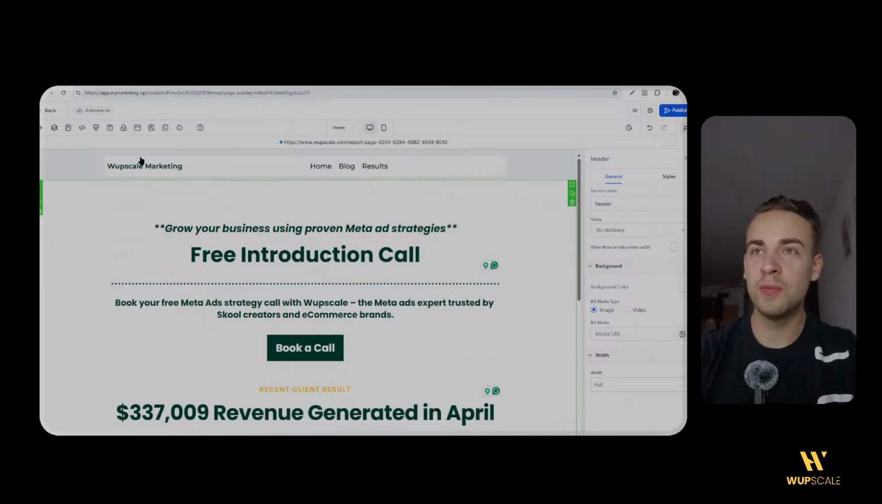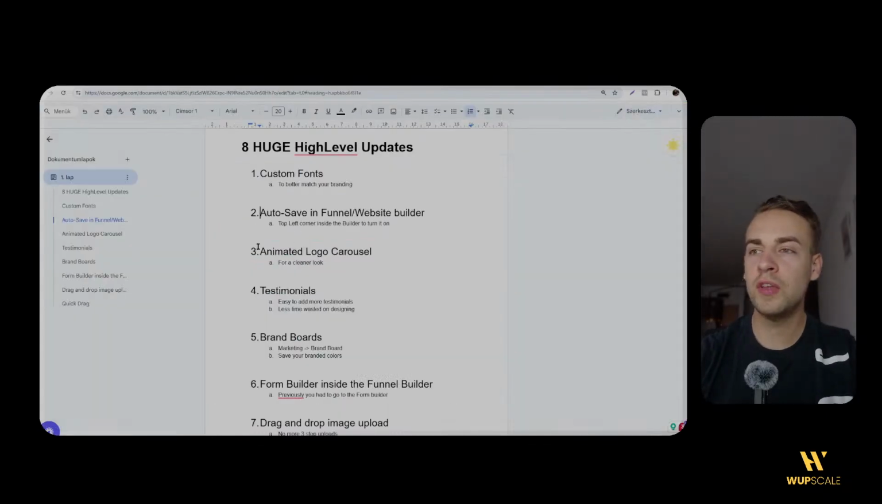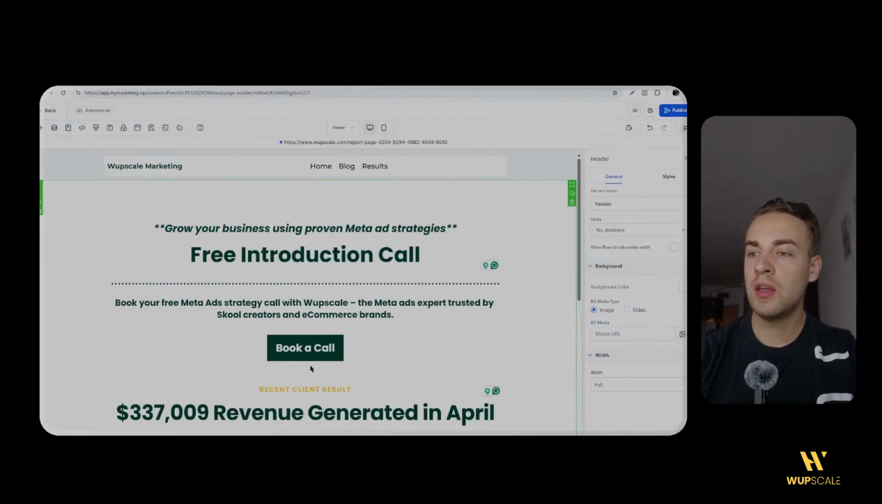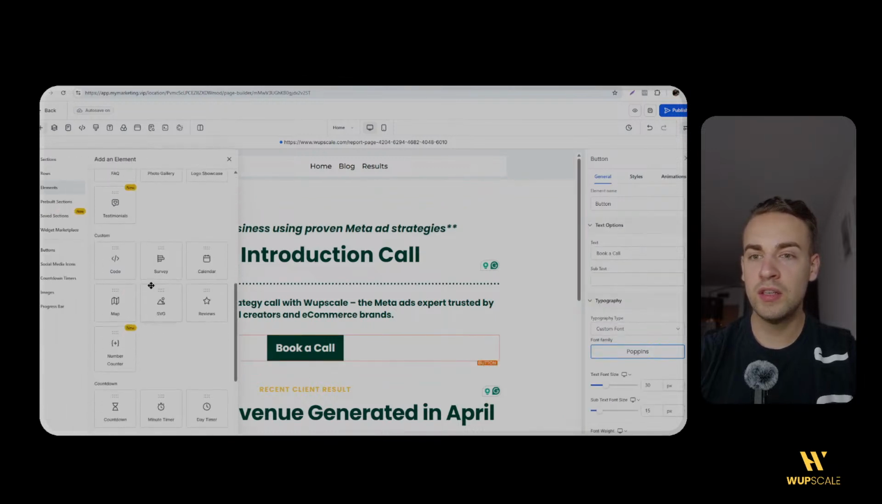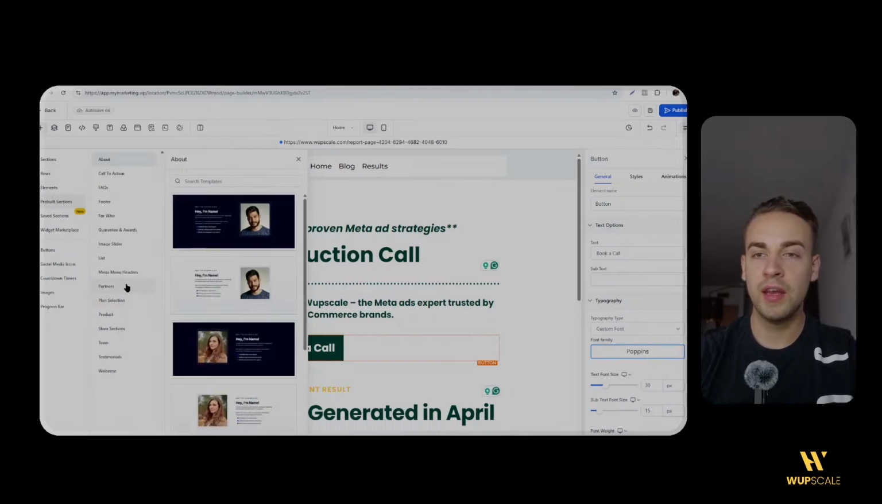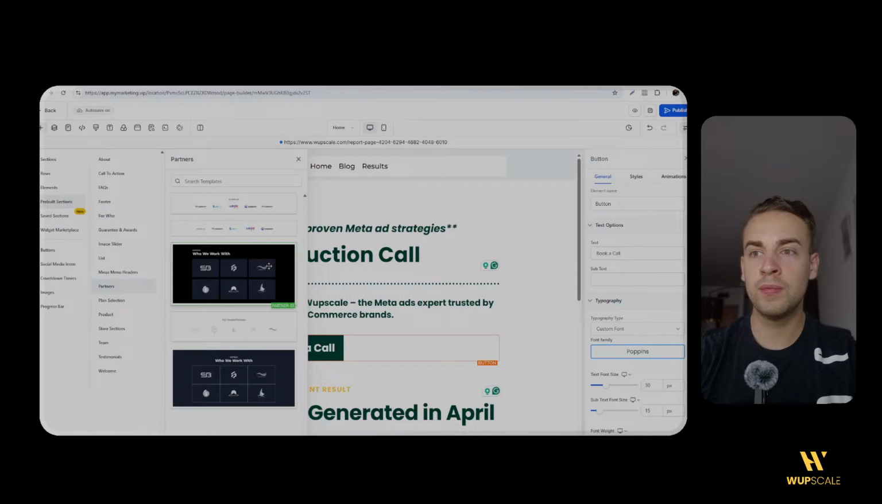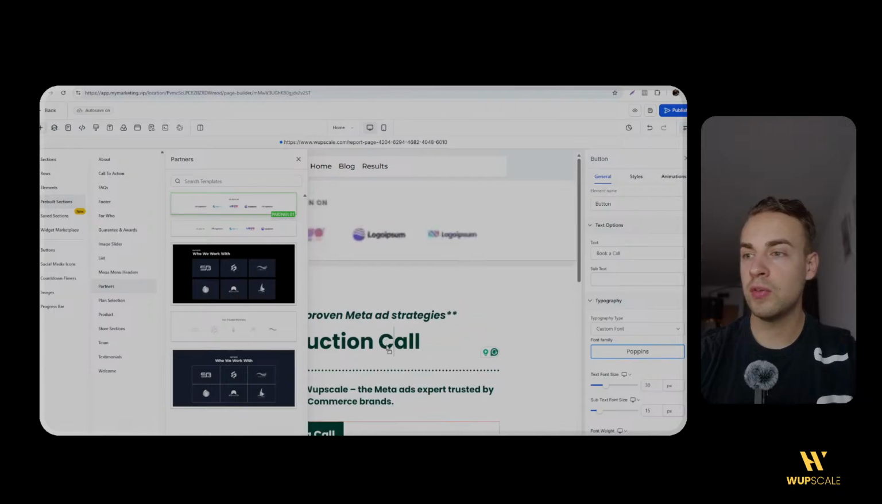So that's good. The third we have is the animated logo carousel. So again, it's going to be in the website builder section. Previously I used the pre-built sections, to be honest, and then you went to the partners level, and here is where you could just easily add some logos. You just drag it to your website,